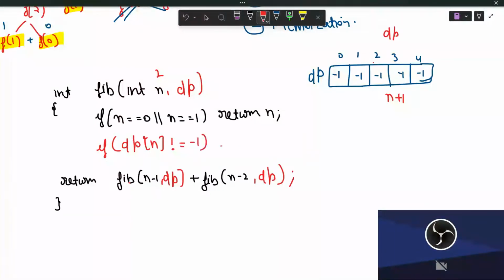It is already calculated. And if it is already calculated, let's suppose any value is written, say 2, what will you do? Return it. Why calculate this value again and again? Don't calculate it. Return dp of n. Don't do anything. Yes. Now store it. Storing will also take